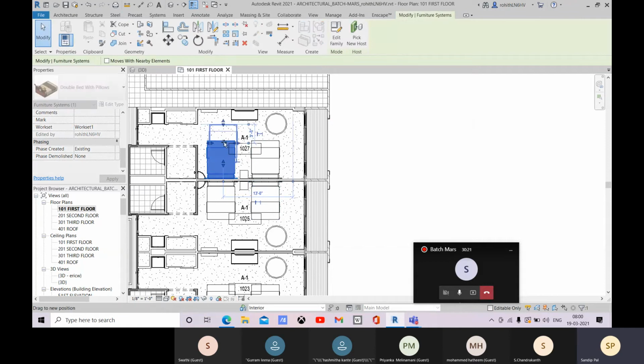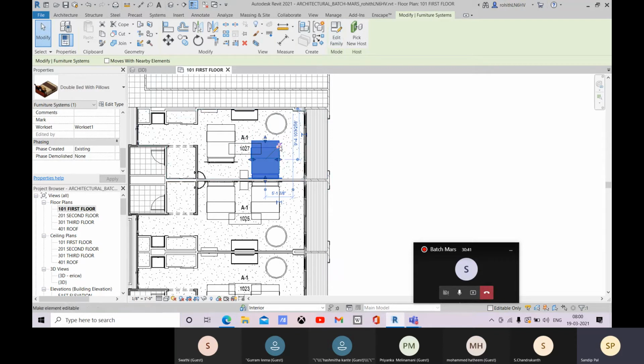And suppose I need to change this position, if I need to work with this workset, I have to make this element editable. Only this element. I was mixing it with that editable option.